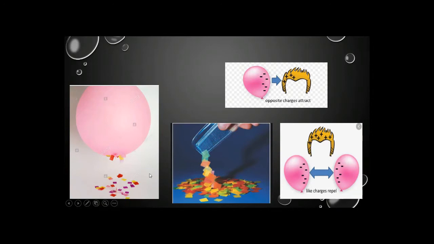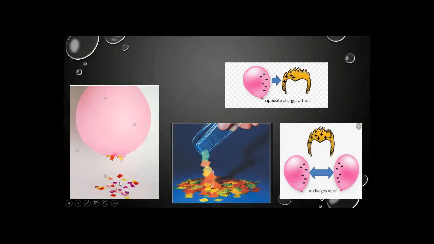But there is the existence of a force around that charged object. So we can say that it is the region around an object where the influence of the electrostatic force can be felt. That region is known as the electric field. I hope you understand what the electric field is. The region around the charged object where the influence of that electrostatic force can be felt is known as the electric field. Do remember that there is no physical contact between the two opposite charged objects or the two similar objects, but we can feel the effect of force.